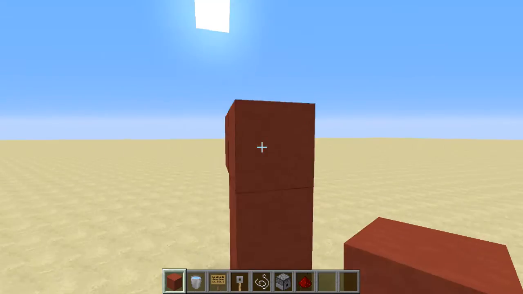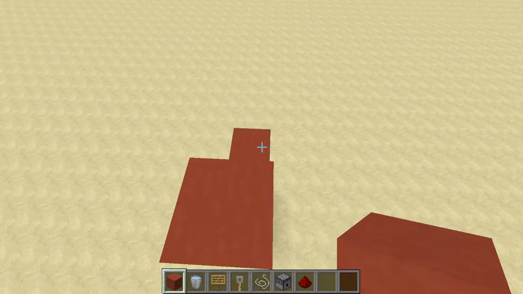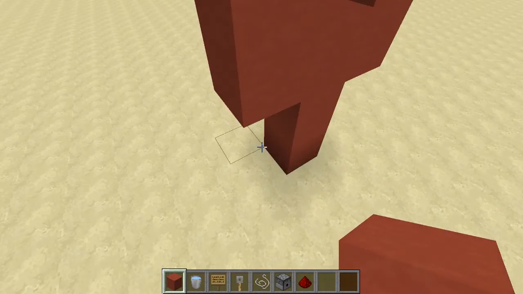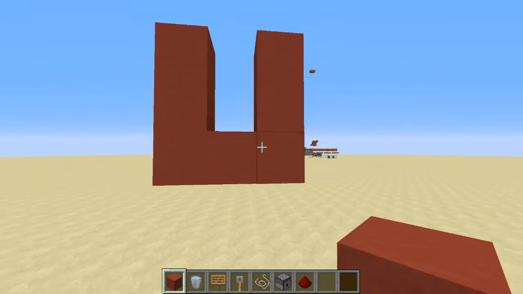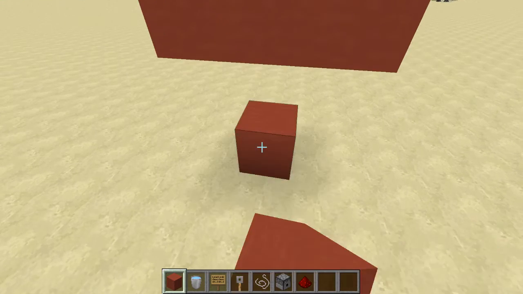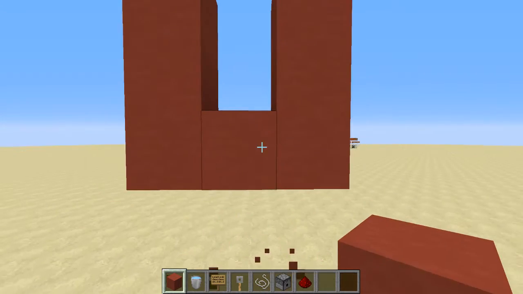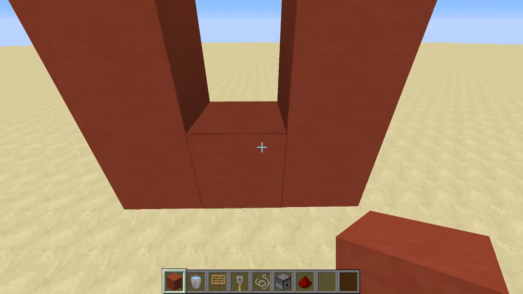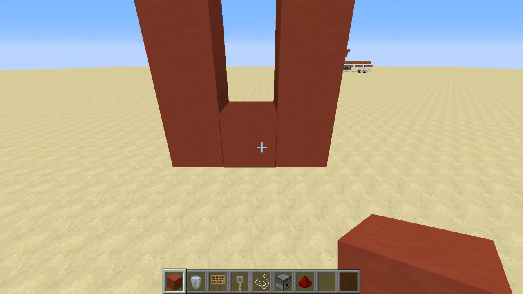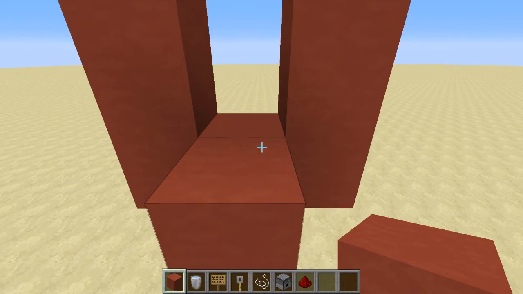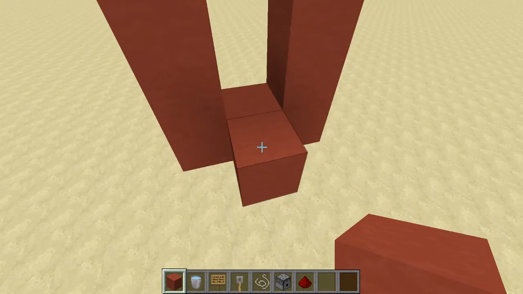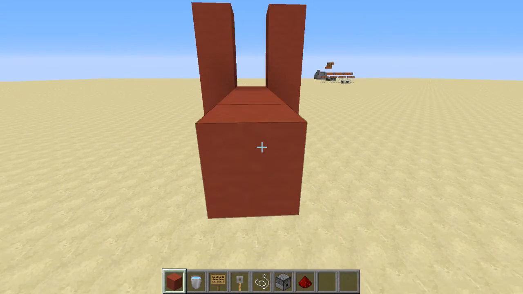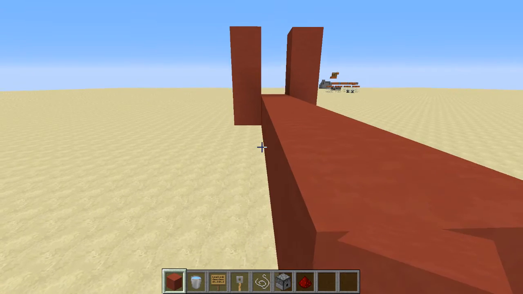So you want to go 2 blocks up in the air from wherever your ground level is going to be, and then you can knock out these 2 blocks, so it's going to shape a little U just like this, 2 blocks off of the ground. Okay, good. So then we're going to extend this canal a little bit more, 7 blocks to be exact. So 1, this one counts in there already, 2, 3, 4, 5, 6, 7,